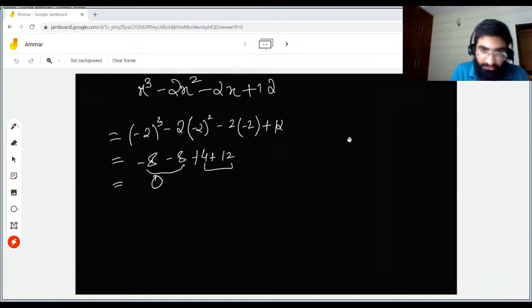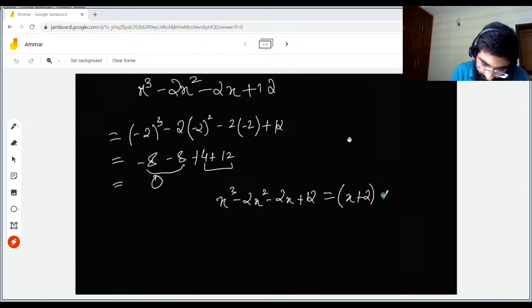Are you clear this far that x plus 2 is a factor? I thought it was minus 14. Okay, so now we can say that x cubed minus 2x squared minus 2x plus 12 has got factors x plus 2 and some f of x. We don't know this one yet. So to find this one out,